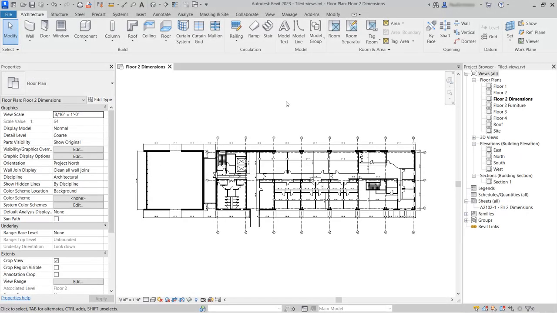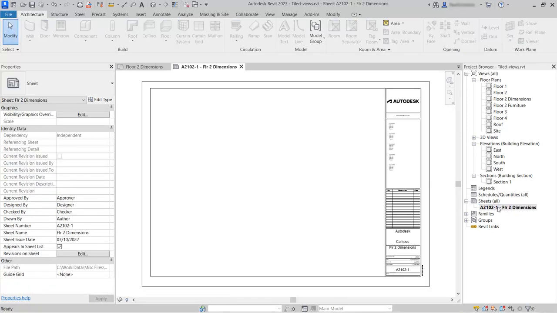I have the exercise file, tiled views, open, and we're looking at the floor 2 dimensions plan, and we need to place this onto a drawing sheet. In the project browser, we have a sheet created here. So we'll open this view up,